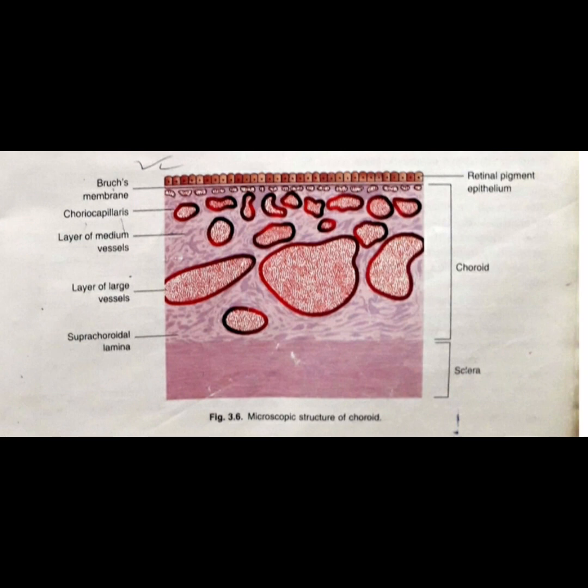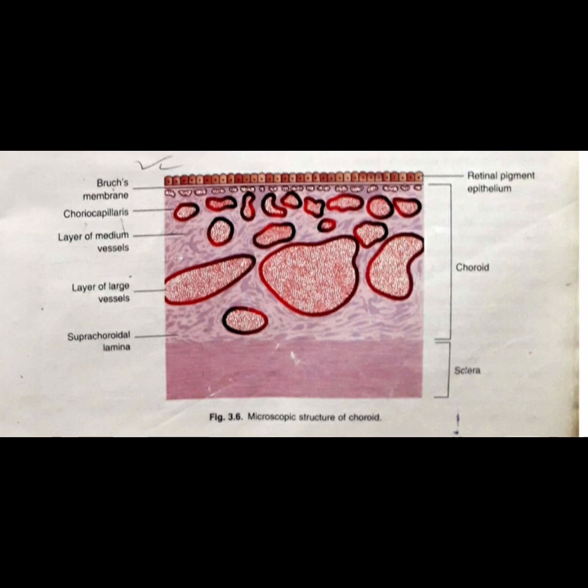So it is actually a thin membrane that contains collagen fibers, melanocytes and fibroblasts. Okay, and you can also see here between the sclera and suprachoroidal lamina there is a space called the suprachoroidal space. It means the space between the sclera and choroid is called the suprachoroidal space. Why is it important? Because this suprachoroidal space contains long and short posterior ciliary arteries and nerves. When we read about nerve supply and blood supply of uvea, we can find it out.